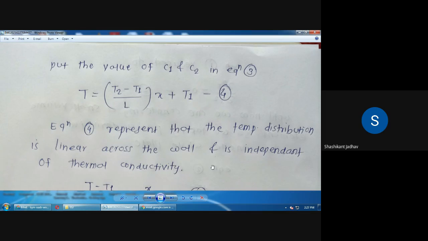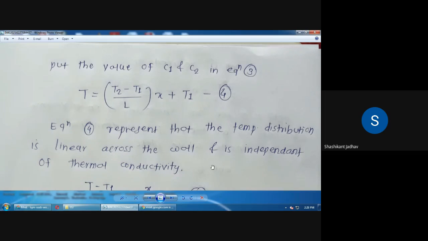What is the temperature profile for the plane wall? Because this is the equation for a straight line, the temperature is changing in a straight line manner. So we have to draw the diagram, and in the diagram we draw the straight line from T1 to T2. म्हणजे टेम्परेचर काय होणार आहे तुमचं, कंटिन्युअसली डिक्रीज होणार आहे in the form of straight line.